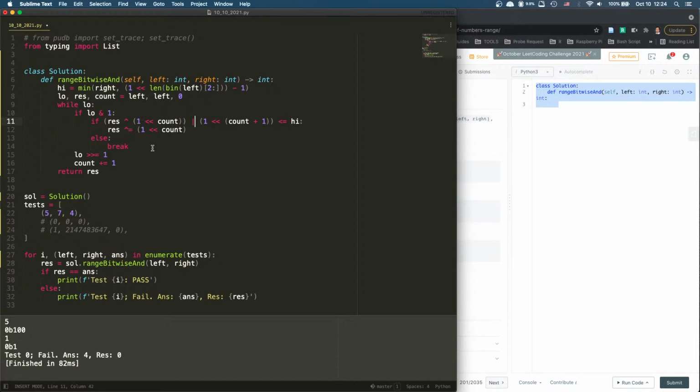Yeah, and then we keep going. And then low right shift. Yeah, so let's try this one. Now we pass. Now that is going to be OR. And then the other one, the heck, the last one failed. That's strange. Why would the last one fail? 1, right? And then